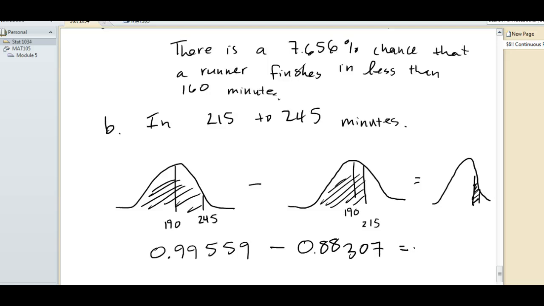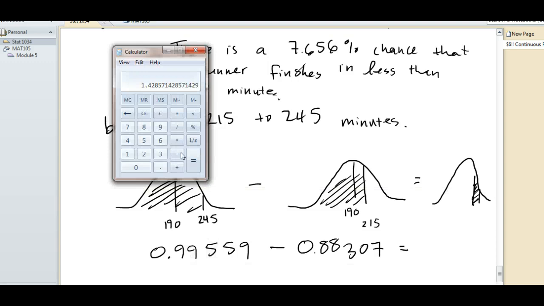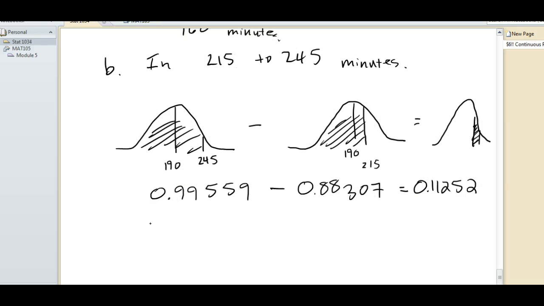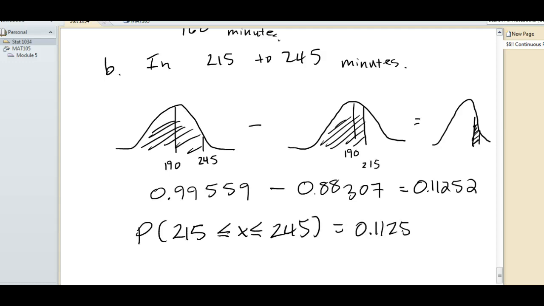So I just want to do it in my calculator so we don't make any more silly errors. So 0.99559 minus 0.88307. This will give us 0.11252. Okay, so the probability basically that 215 is less than or equal to x is less than or equal to 245 is 0.11252, or in sentence form, the probability